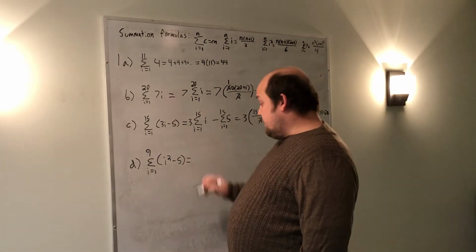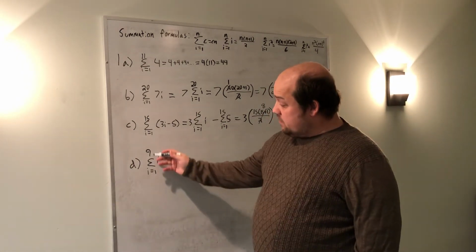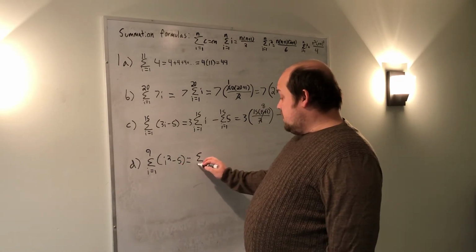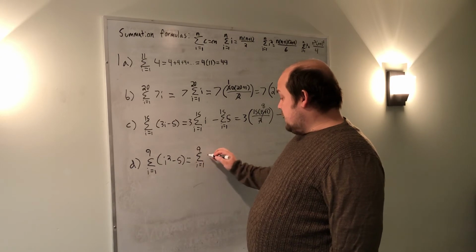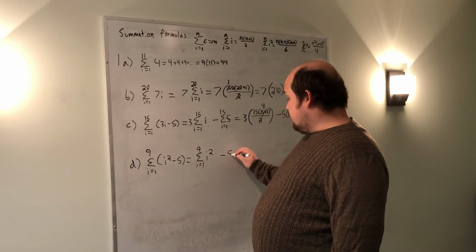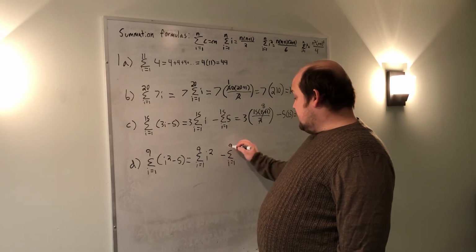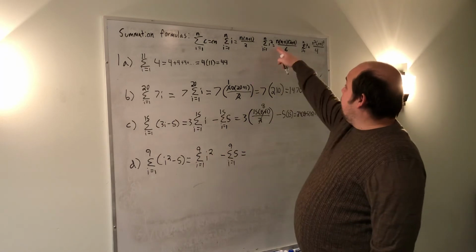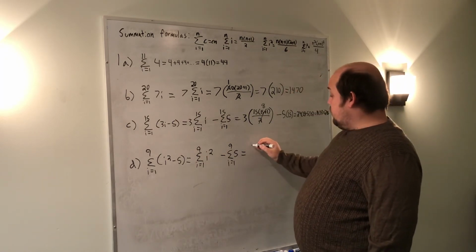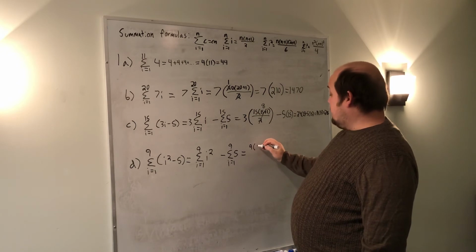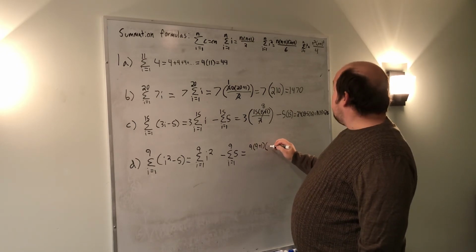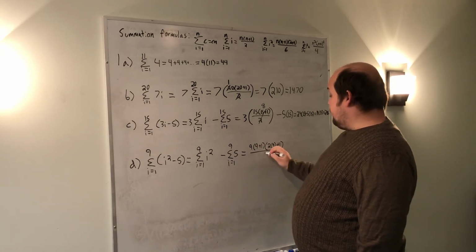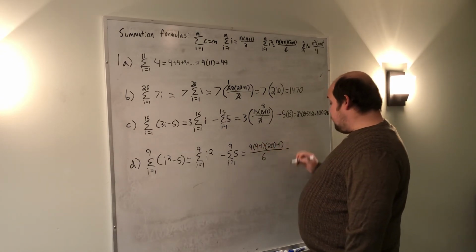The final one in these summations asks me to do the summation from i equals 1 to 9 of i squared minus 5. Again, I'm going to split it up. Summation from i equals 1 to 9 of i squared minus the summation from i equals 1 to 9 of 5. For the i squared, I'm going to refer to my i squared formula. It tells me to do n times n plus 1 times 2n plus 1 all over 6. I'm going to subtract from that